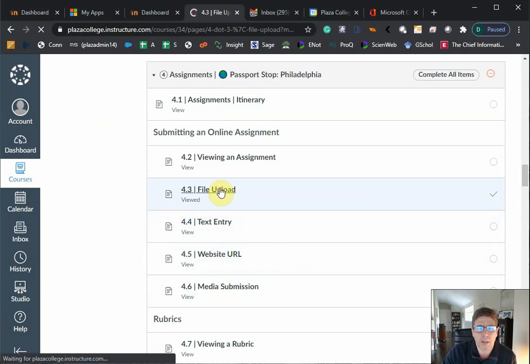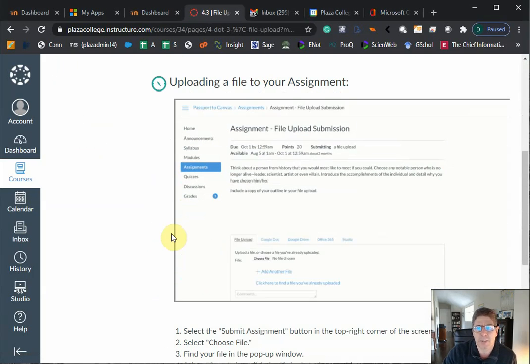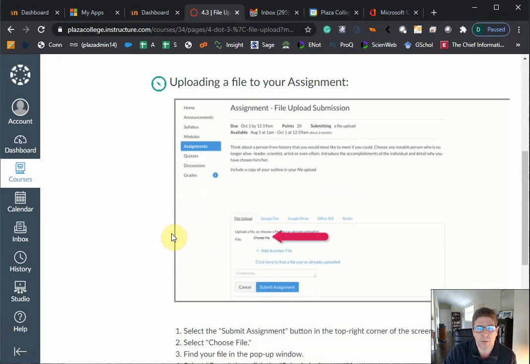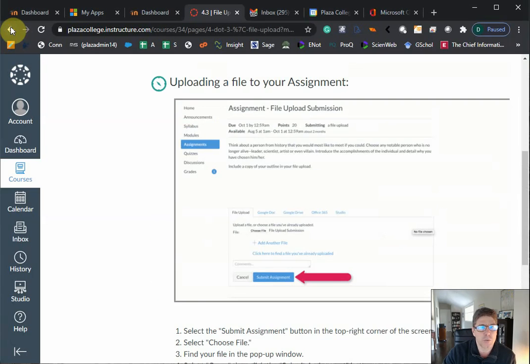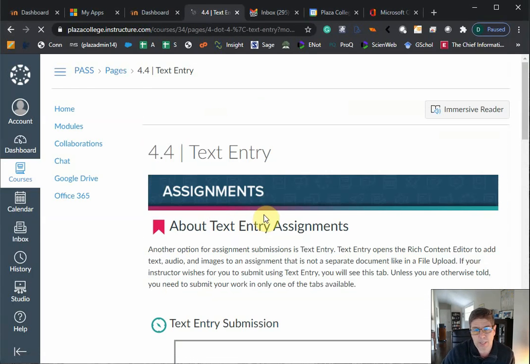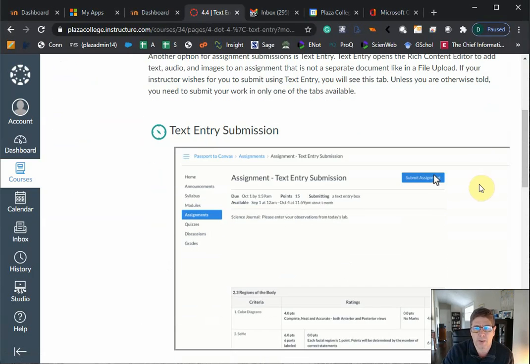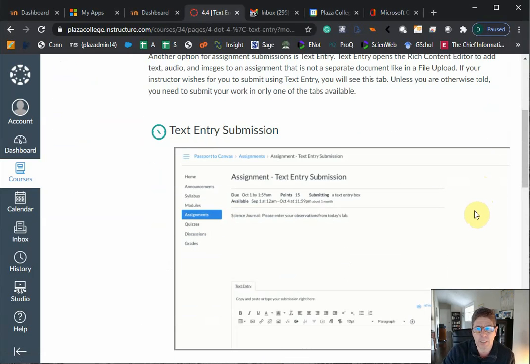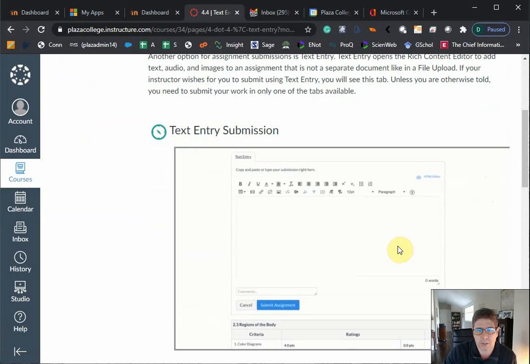Okay, so I click on File Upload, and then inside my assignments, I can see it tells me how to submit assignments by doing a file upload. It actually shows me a video on just that one activity of submitting an assignment. So that's just one way of reviewing it. It also shows you everything you want to do in Canvas, in a sort of video way. How do I submit an assignment using text only? I can click Submit Assignment, go back into the text area down below, and just start typing away, and then